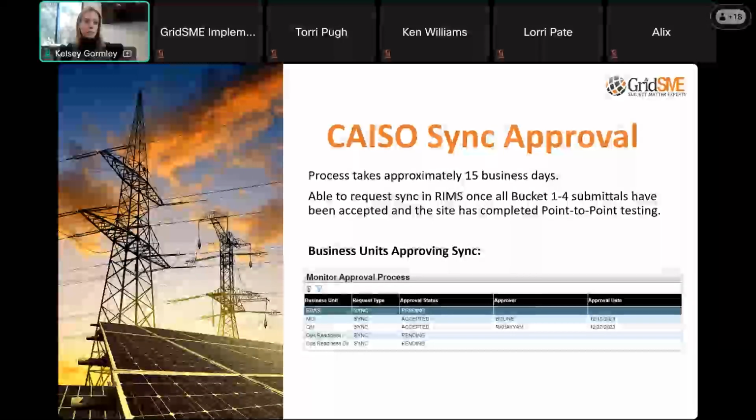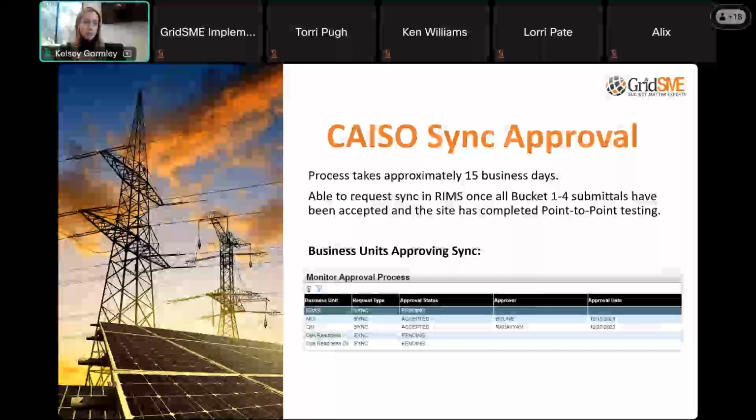But again, for those of you who may not have been on our earlier session today, with the sync approval process, once you've achieved all of our bucket 1 through 4 submittals, once you've successfully completed your CAISO point-to-point testing, and once you've executed your regulatory contracts with CAISO, you can request synchronization from the CAISO team.